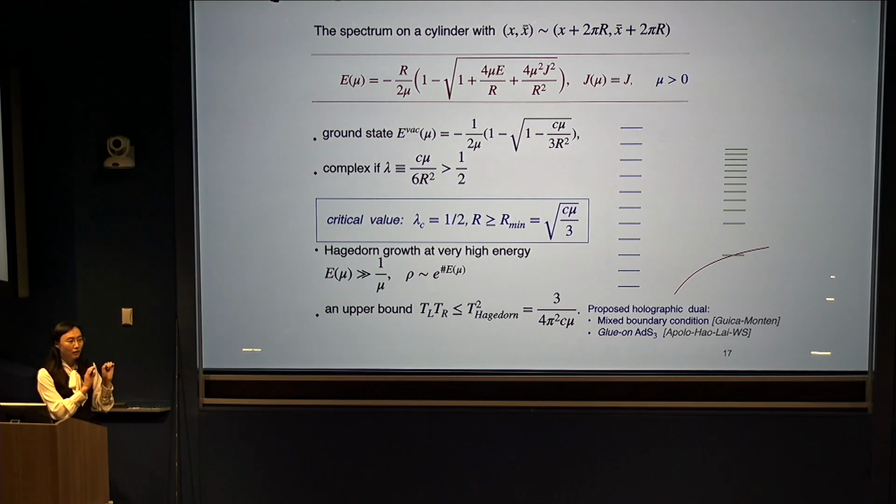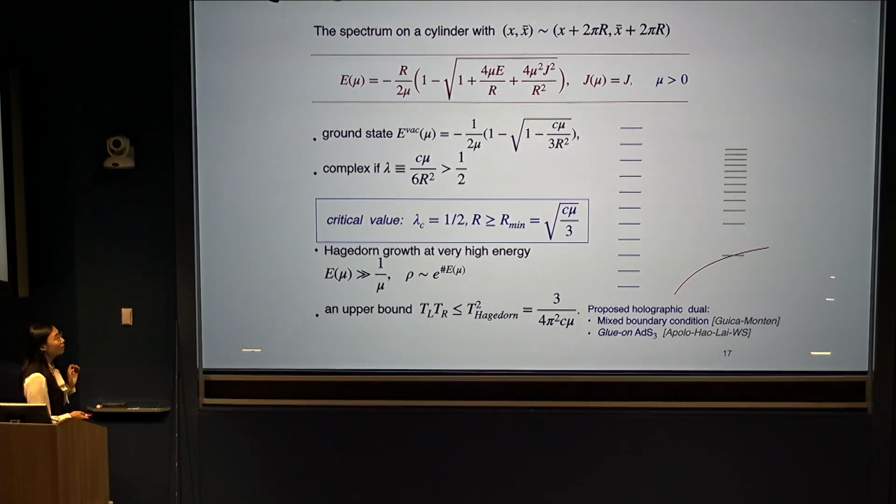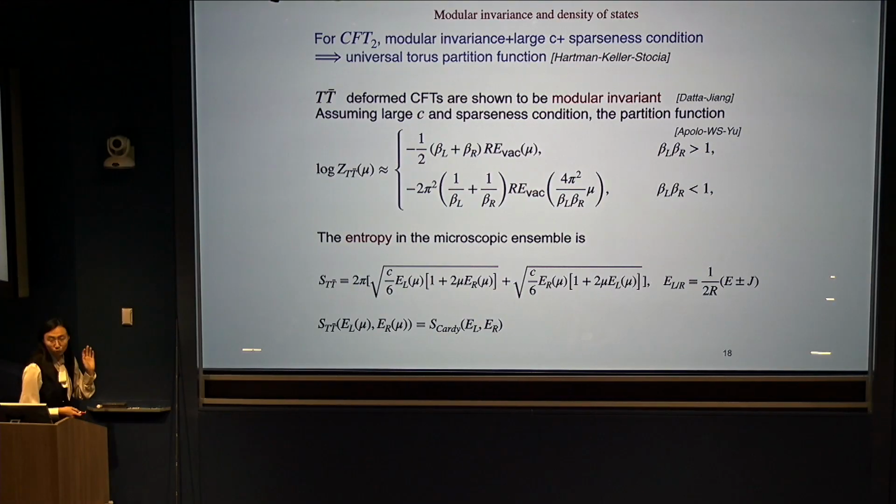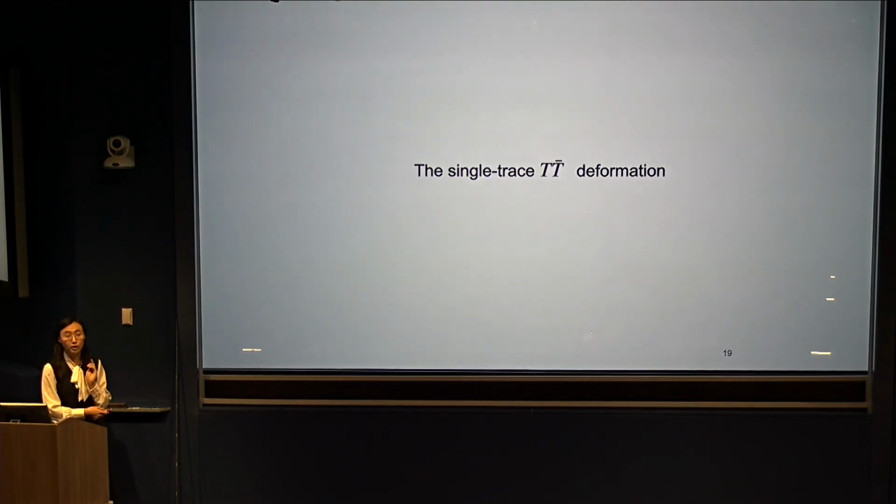It's like an analytic continuation of the cutoff picture, and some properties of that also work. But I won't talk about that. So this is the story of the standard TTbar, but we are not going to use the standard TTbar. We are going to use the so-called